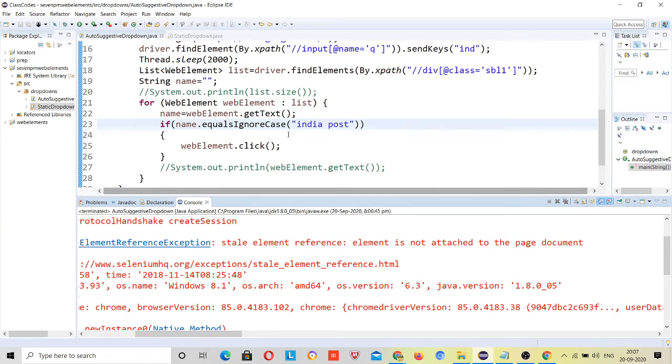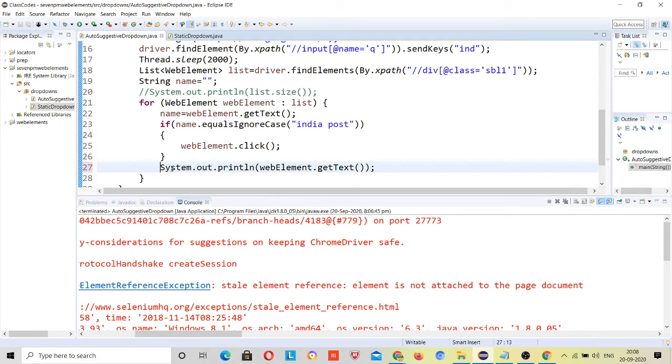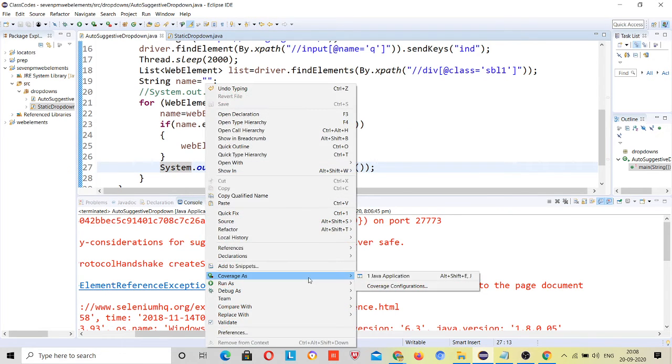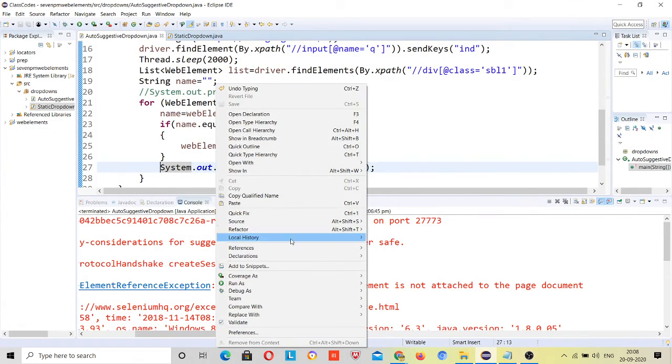Actually what happened, I got each of my results. See, I will print so that you can understand. Again I will run this. I will close this so that the speed will be too fast, and run this.